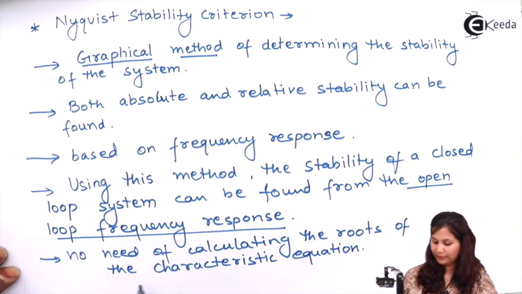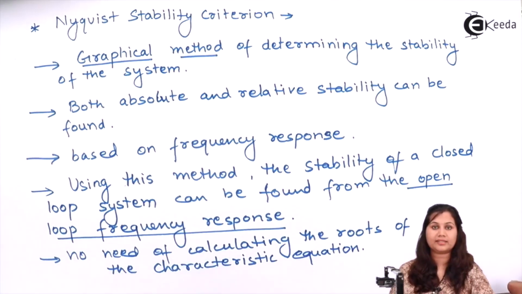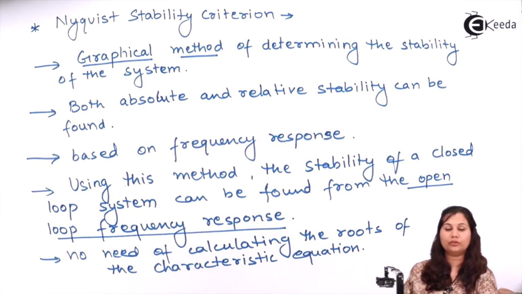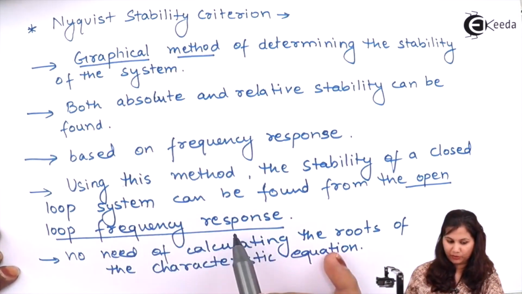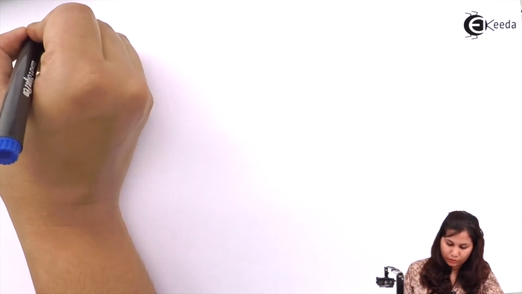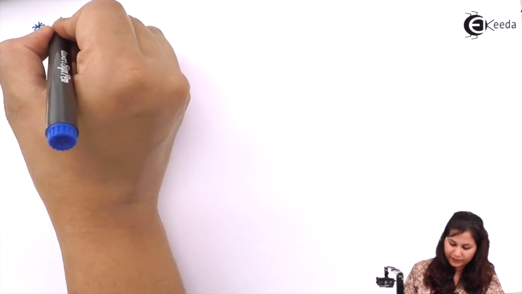Okay, we don't calculate the roots of the characteristic equation just like we do in the root locus and the Routh-Hurwitz criteria. So here only the frequency response will be used. So using this Nyquist criteria,